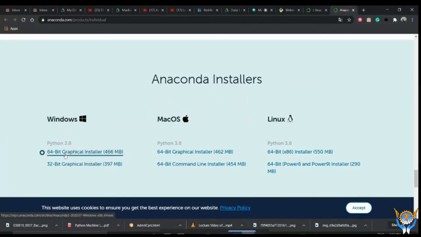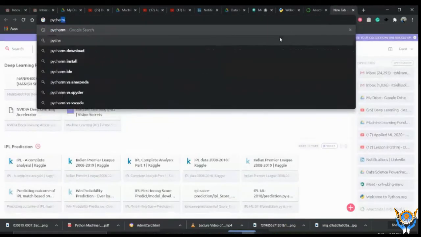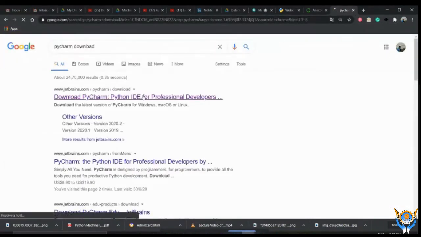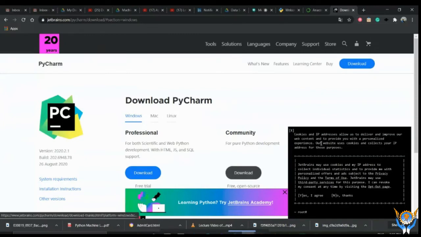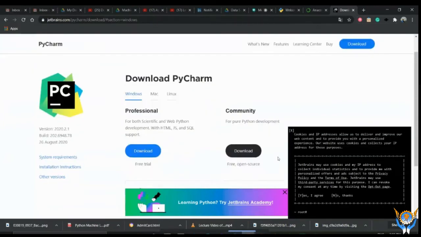Based on your requirement, 64 bit or 32 bit, you have to install this. The third requirement is PyCharm. All the links are given in the chat box, so you just go through that link. You have to download the community version. You don't have to download the professional version.